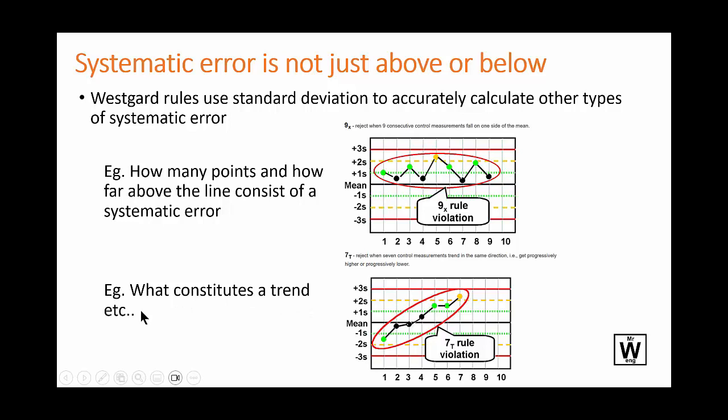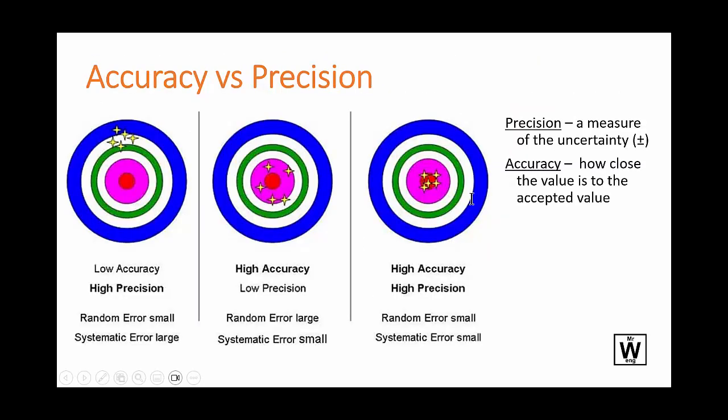They could also include the fact that there's something that's getting continually worse or continually better as the experiment goes forward. So a trend is also a systematic error. When you look at accuracy and precision, they're closely related. And so accuracy is closely related to having no systematic error, and precision is closely related to having very small